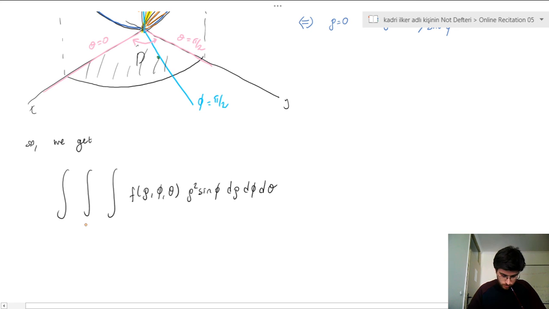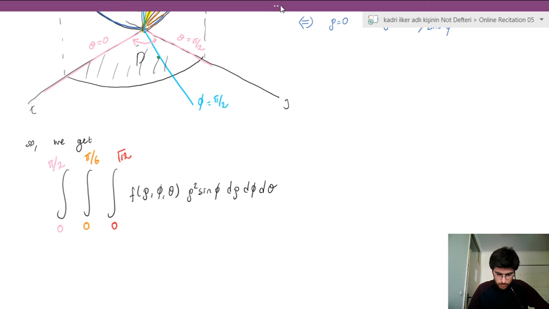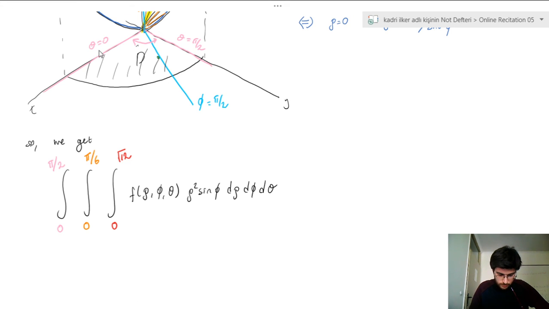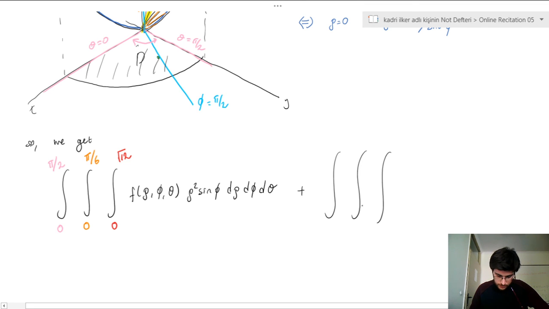When phi runs from 0 to pi over 6, rho, as we discussed before, ranges from 0 to square root 12. And theta just runs from 0 to pi over 2, so it's not that interesting. But now, plus the second part after this critical angle,